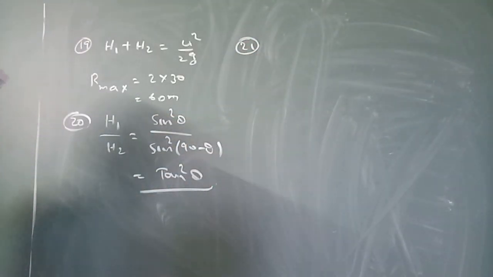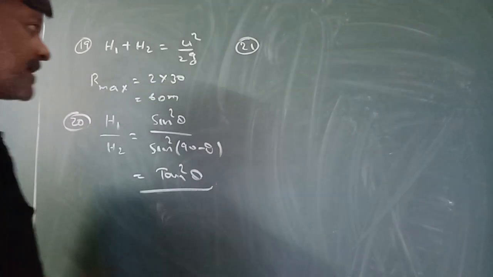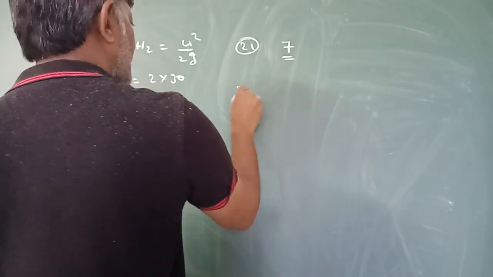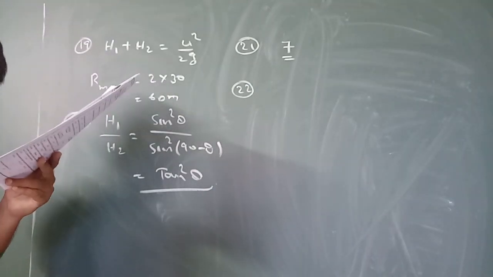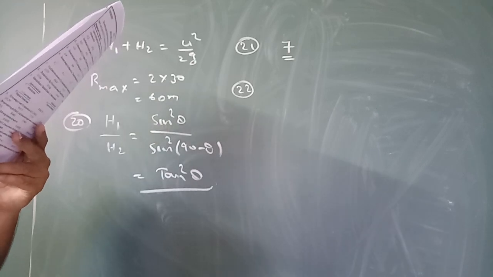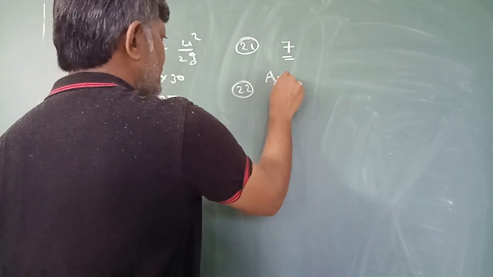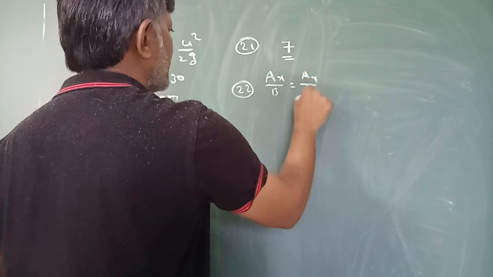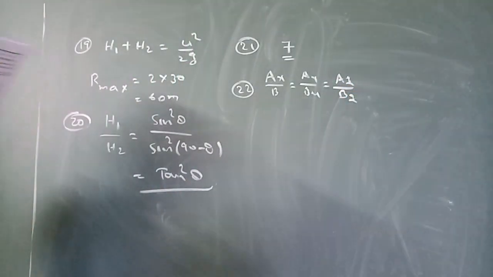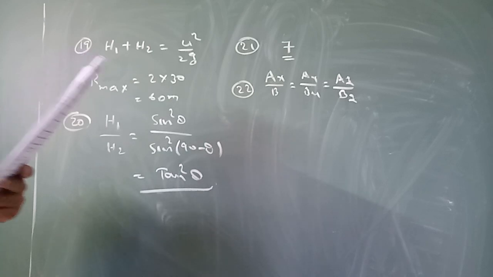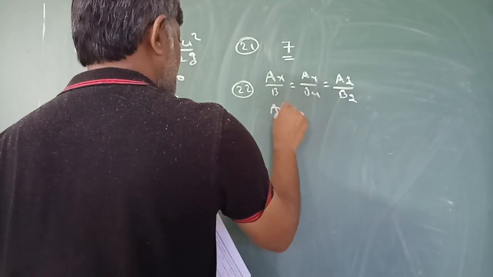Next, 21. A bar and B bar are given. The magnitude of the vector perpendicular to both A bar and B bar is k times that of 6i plus 2j minus 3k. Then k is, the answer is 7. 22. The value of m if i bar plus 2j bar minus 3k cap is parallel to 3i plus mj minus 9k. The formula for parallel vectors is ax by bx is equal to ay by by is equal to az by bz. Therefore, the answer is 6.